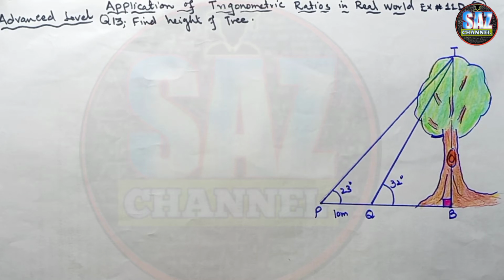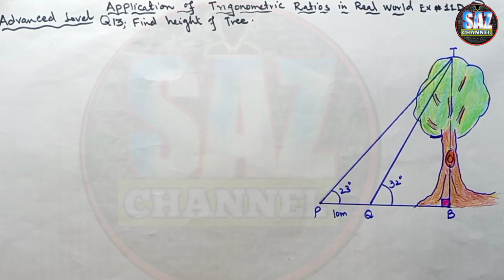This is my fifth lesson of D2, chapter number 11, exercise 11D, about the practical application of trigonometry in the real world. What are the basic trigonometric ratios and how to memorize them through SOHCAHTOA, and how to decide which one is opposite and adjacent, because these two are the important points to identify the opposite, adjacent and hypotenuse of the triangle with reference to the given acute angle, and which trigonometric ratio you have to apply for understanding of the lesson.